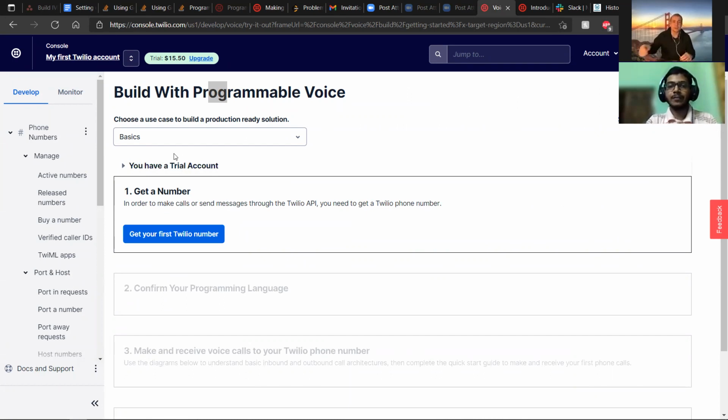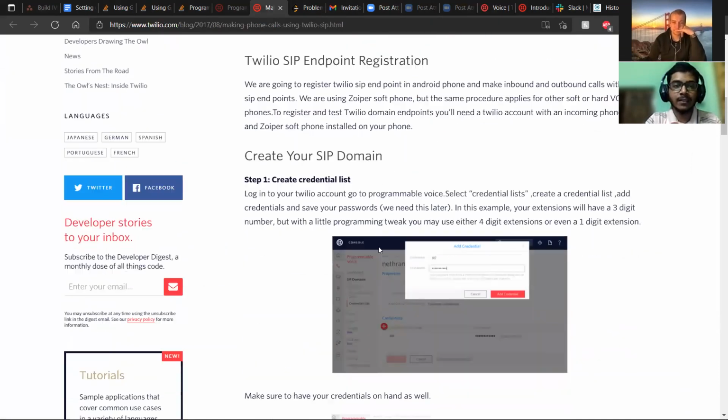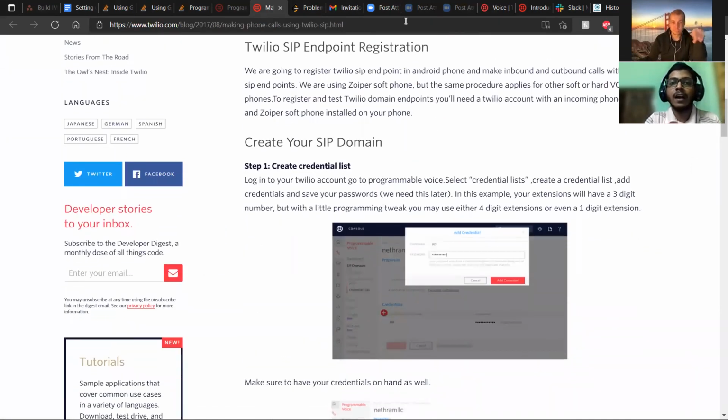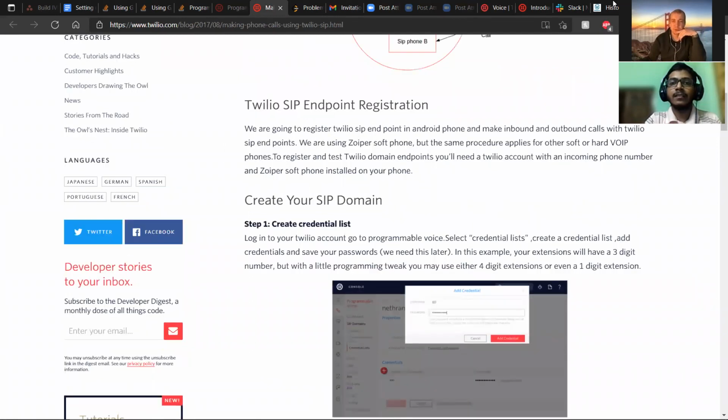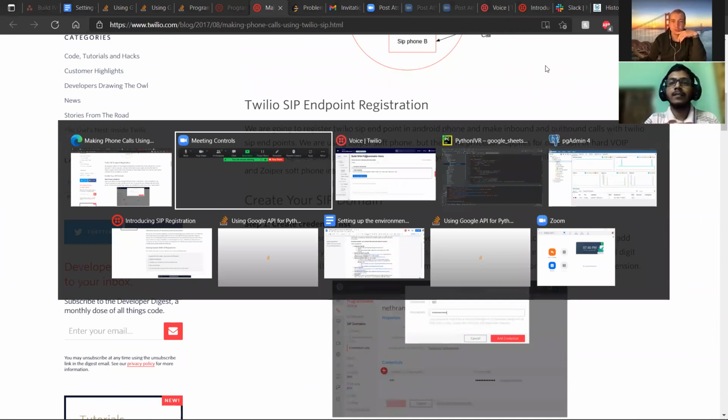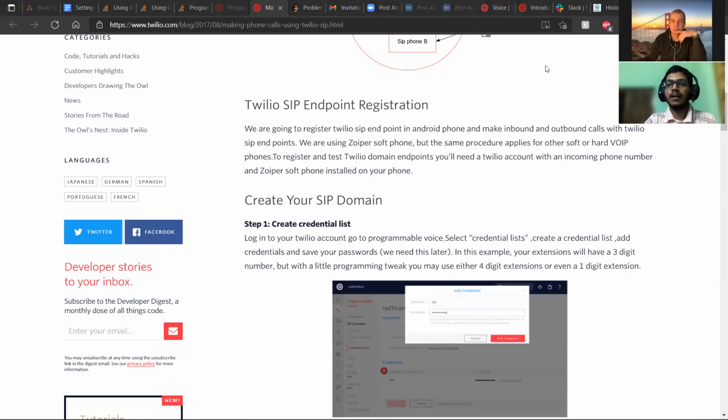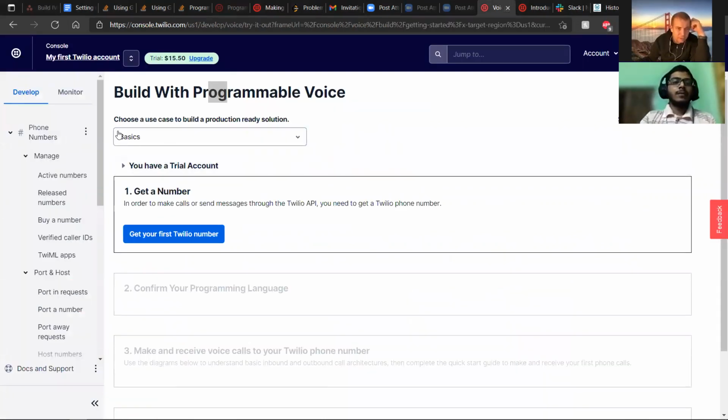Yeah, sure. I just created my account. So this is the first screen you can see. In the documentation, in the blog, it said to go to the programmable voice. I couldn't find that. Oh, I will show you. Yeah, I got it. Could you show the Twilio console? Yeah, Twilio console. And here,